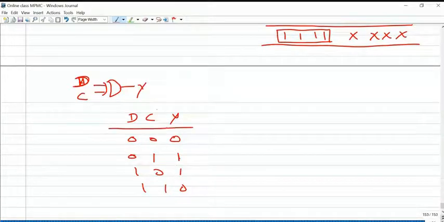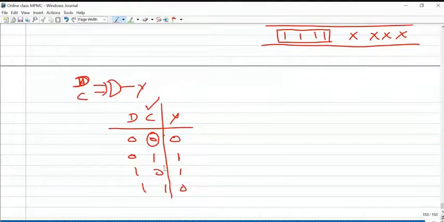Or if you closely look at the truth table of XOR gate, the second input I'm taking as a control input. If the second input is 0, whatever the first input is, it is directly available at the output.